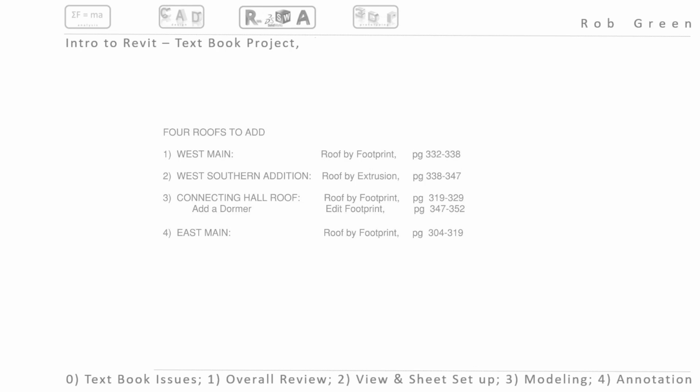Welcome everyone. We are going to be looking at putting a roof on our commercial building. We actually have 4 different roofs to put on, and you guys know me by now, and I tend to